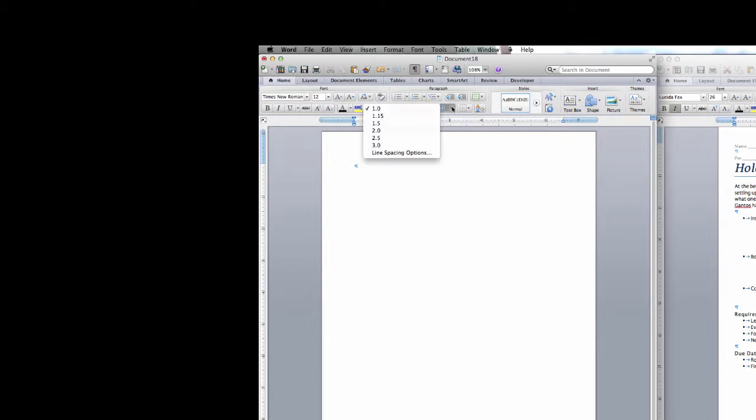You click that and choose the right distance between lines. I have you do double spacing, and you'll do double spacing from now until you die, because your teachers and your professors will want to be able to write comments in between the lines. If it's not double spacing, that doesn't give us the room to do that. Alright, so we're all ready to type.